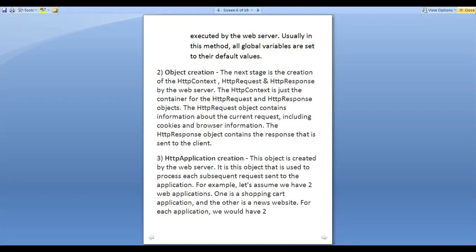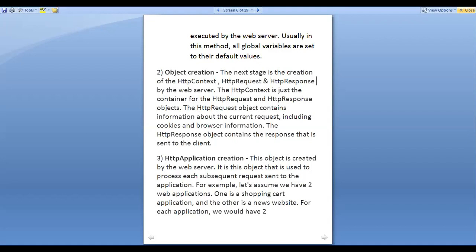These are retrieved through this object creation stage of the application lifecycle, because that request and response object are used for each and every page available in the application. It's not like it can be used only for a single page or only at the application level. It can be used at page level also.